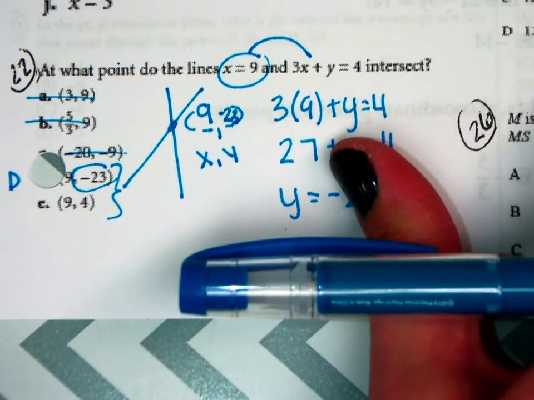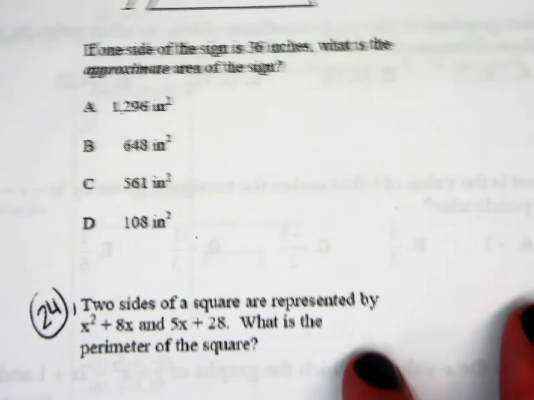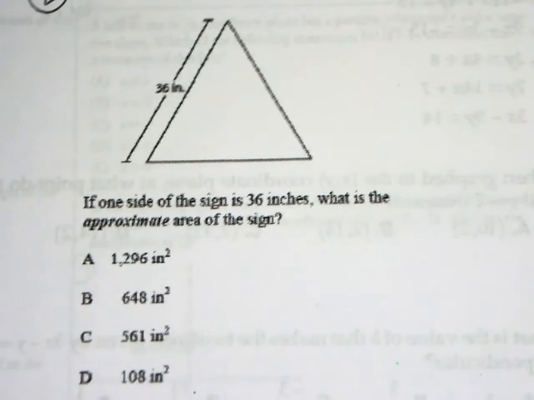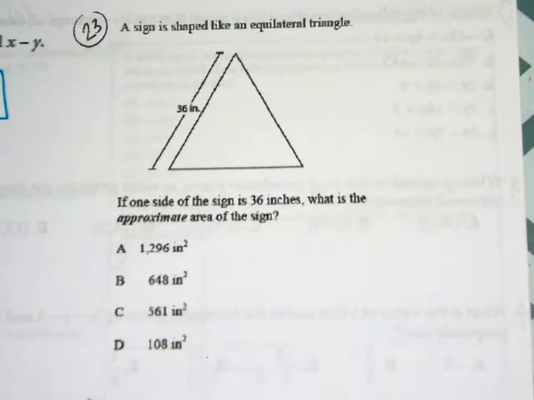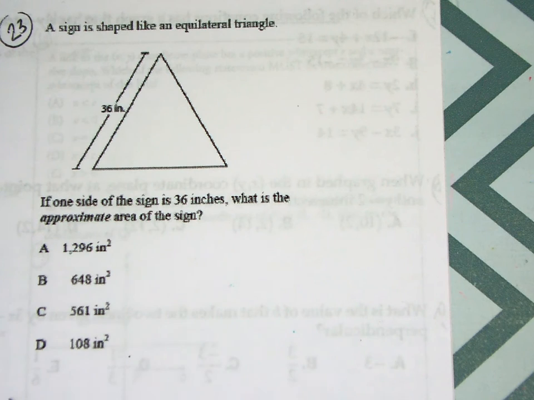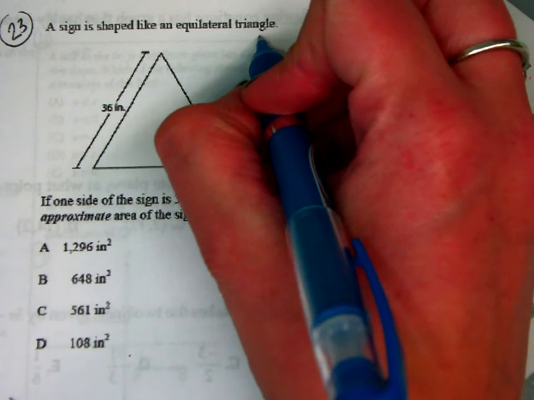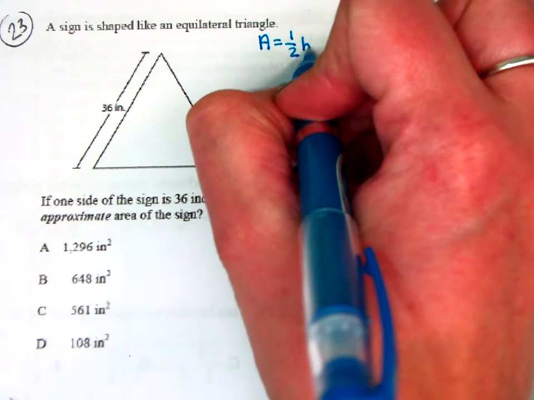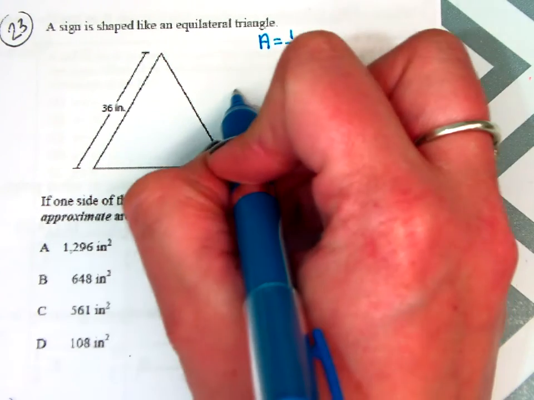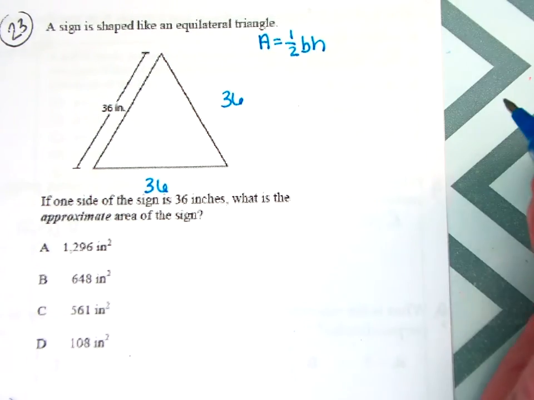All right. Number 23 is a review from geometry. I know how much we all love the geometry chapter. Let me zoom out just a little. It takes a little bit of time to do. It says a sign is shaped like an equilateral triangle. Approximate the area. Well, let's talk about the area formula. The area formula for a triangle is 1/2 base times height. If it's equilateral, then you know all the sides are equal. So we know that the base measurement,